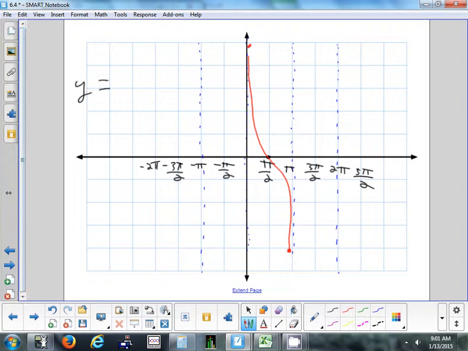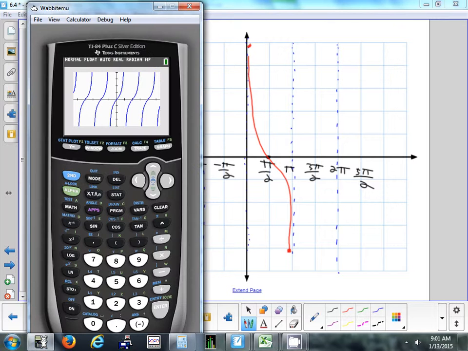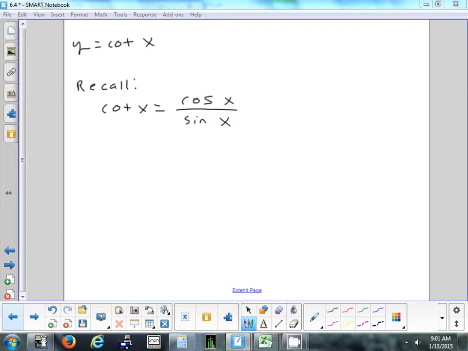That's the graph of y equals cotangent. Hey, any questions on that one? Okay, and here you're looking at one period. If you had to type that into your calculator, there's two ways you can do it. You can type it in as cosine divided by sine,